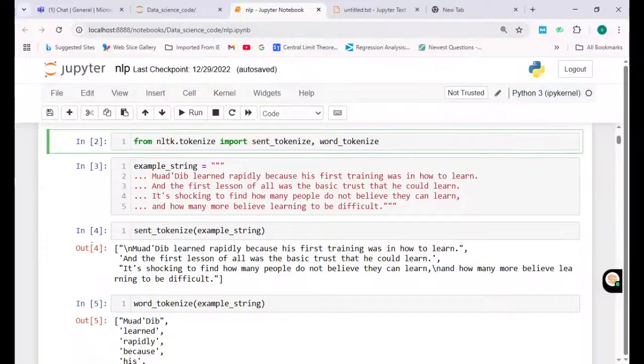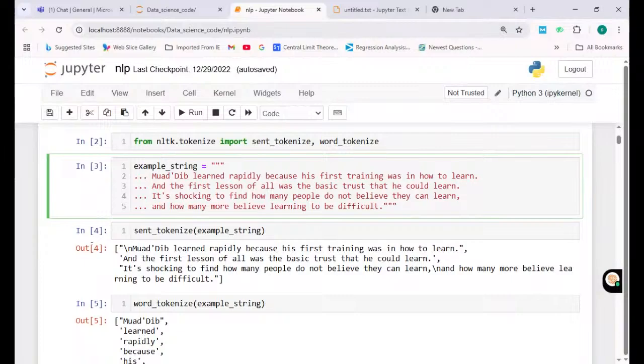Tokenization is clear? Yes, very clear. Okay. Now see, what I'm doing here: first of all, from the library, I'm importing the